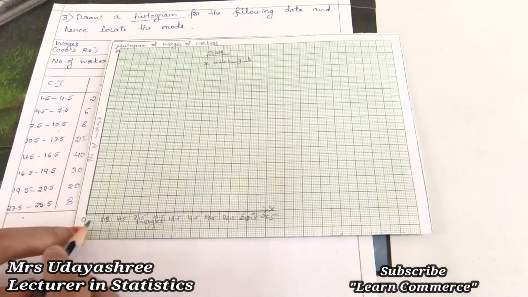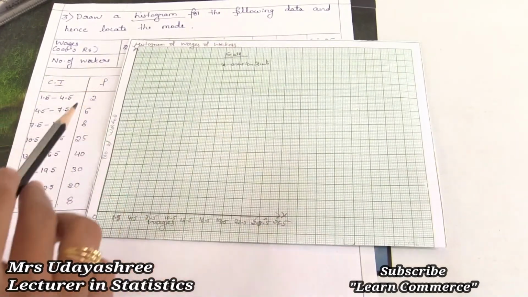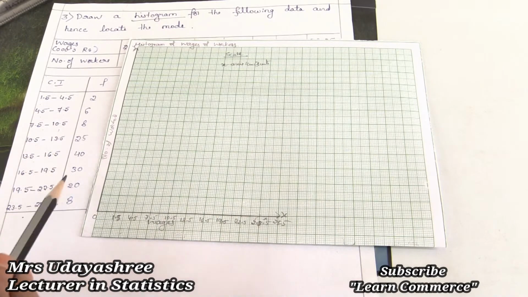Next, the frequencies, the number of workers, are 2, 6, 8, 25, 40, 30, 20